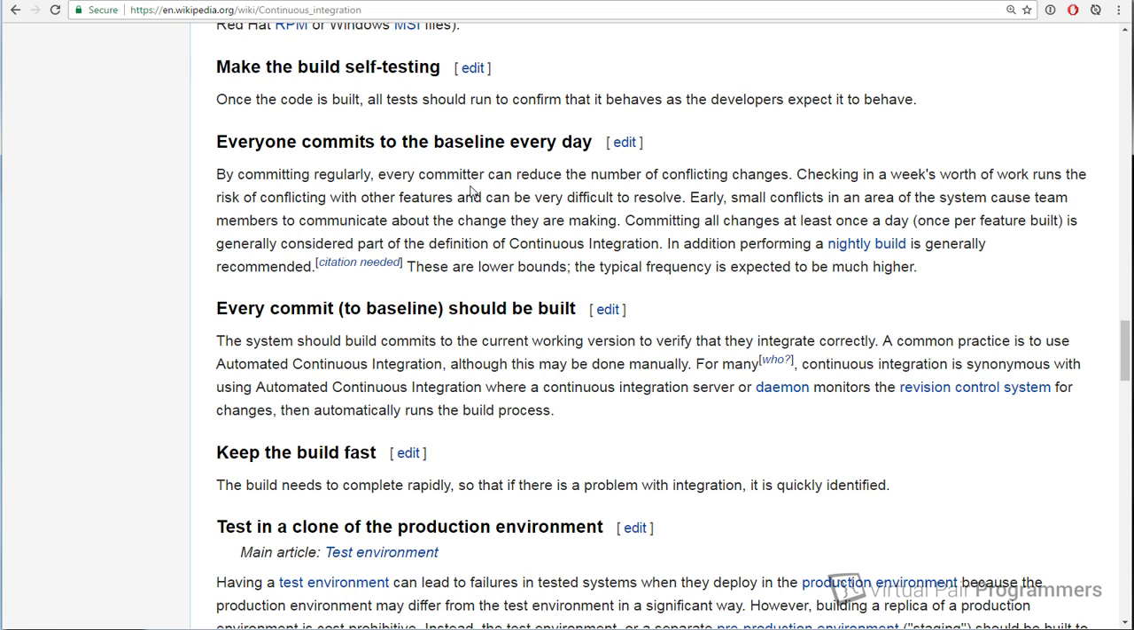A practice of continuous integration is that everybody, well, it says here, commits to the baseline every day, but to put that into Git terminology, that means everyone would push their changes to the central repository at least once a day. And the reasoning behind that is if I'm working on a set of changes, if I'm working on a feature or something, and that feature is going to take me 6 weeks, and I work on this for